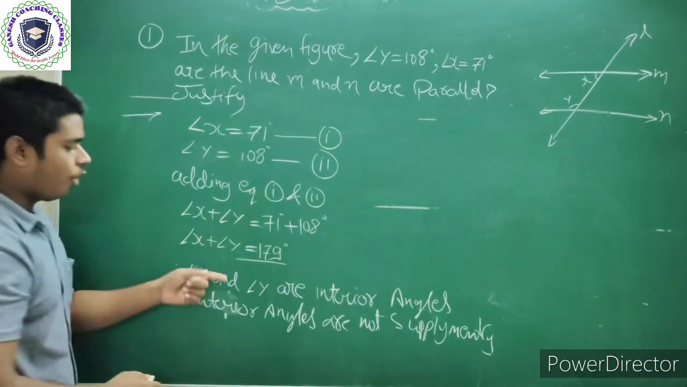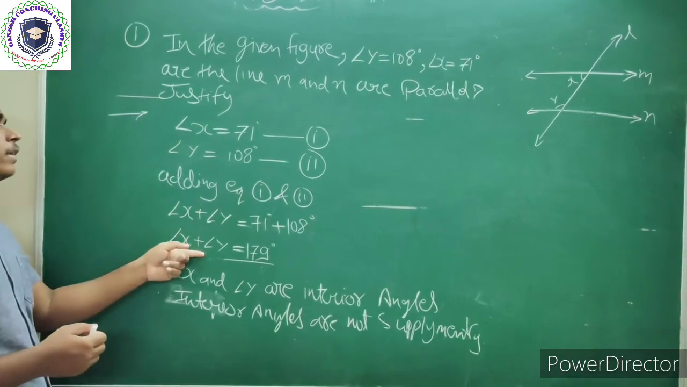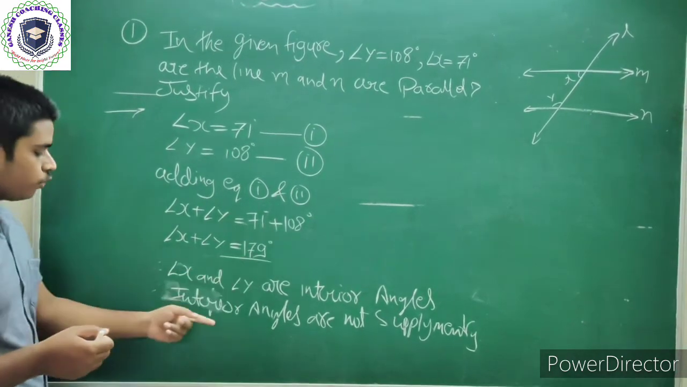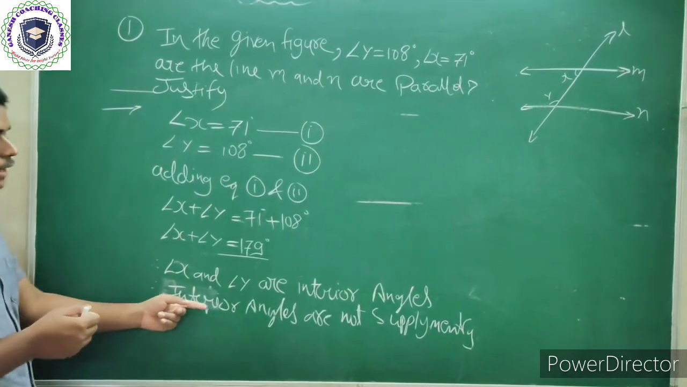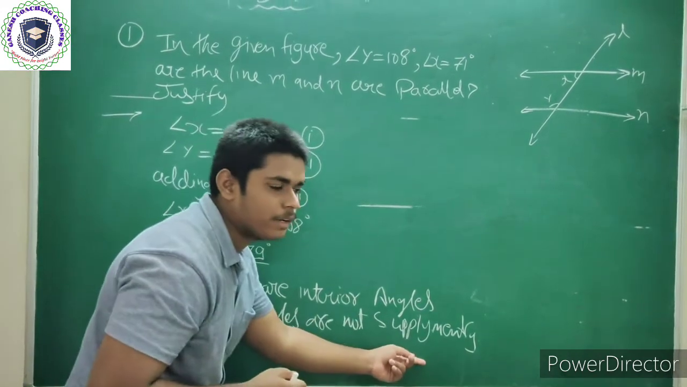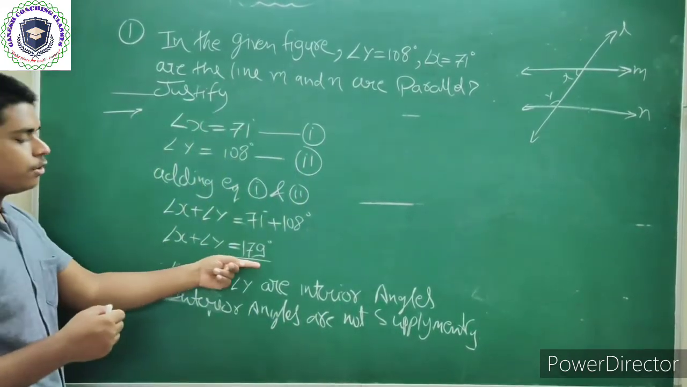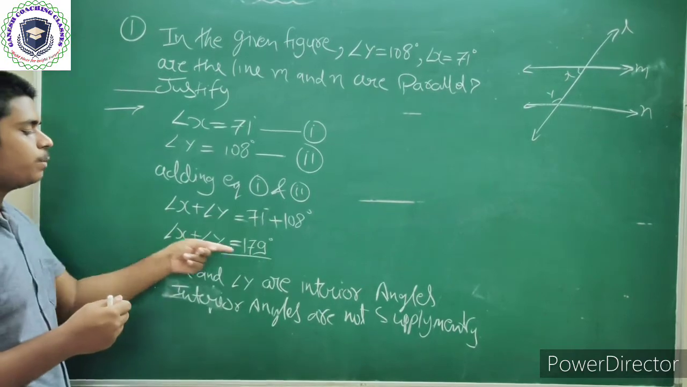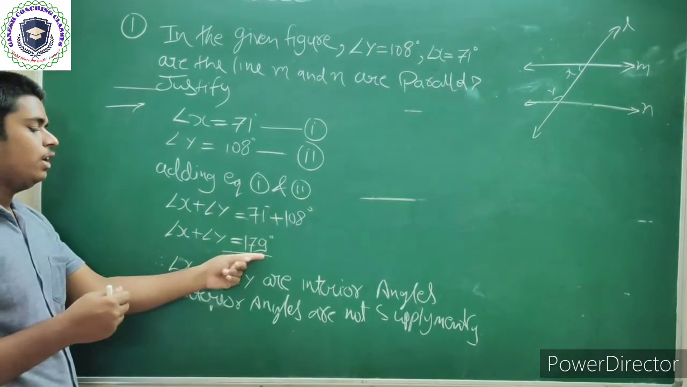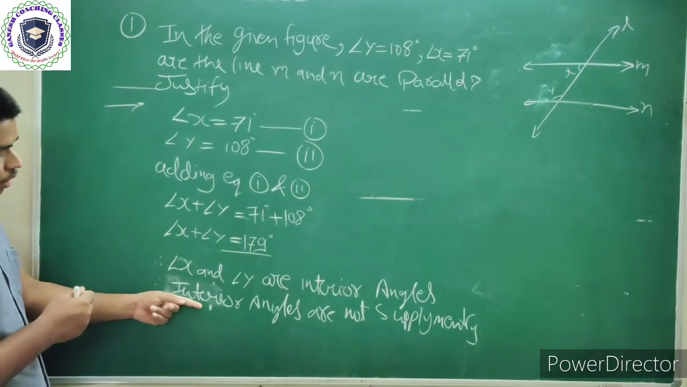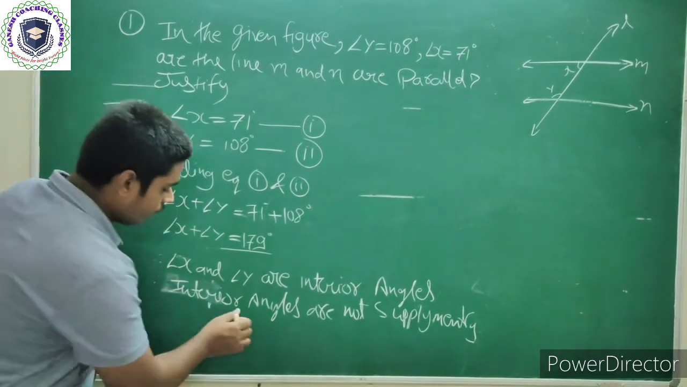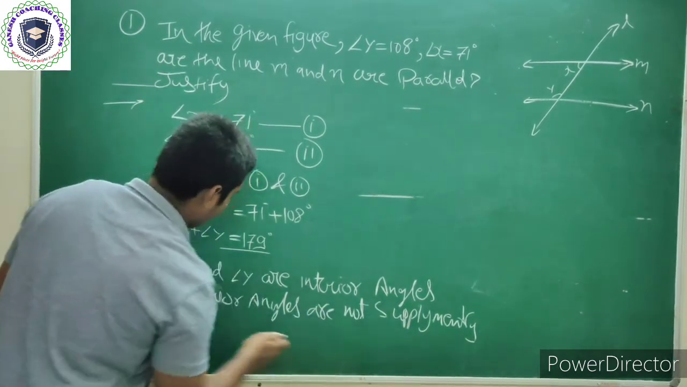Okay, if we got the value, that is angle x plus angle y is equal to 180, so here we have to write that interior angles are supplementary. Okay, so here we did not get the value angle x plus angle y is equal to 180, so here we wrote that interior angles are not supplementary, hence